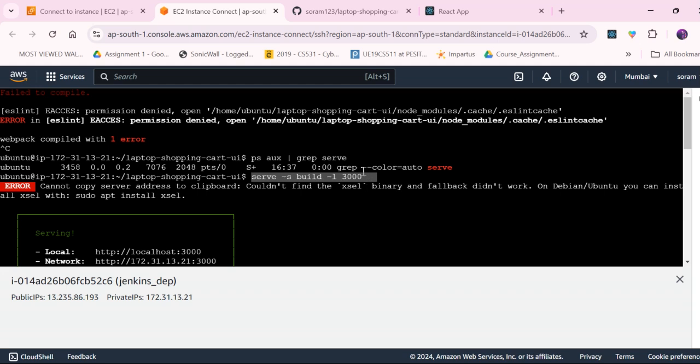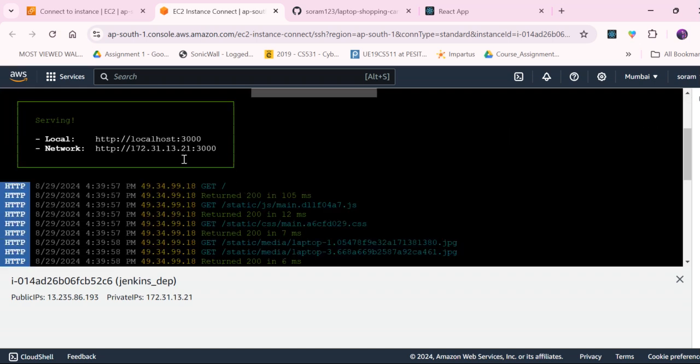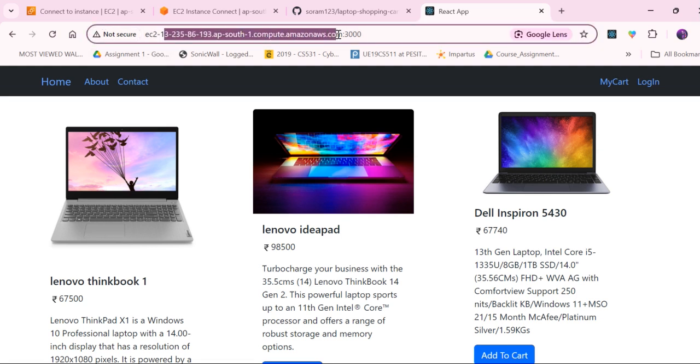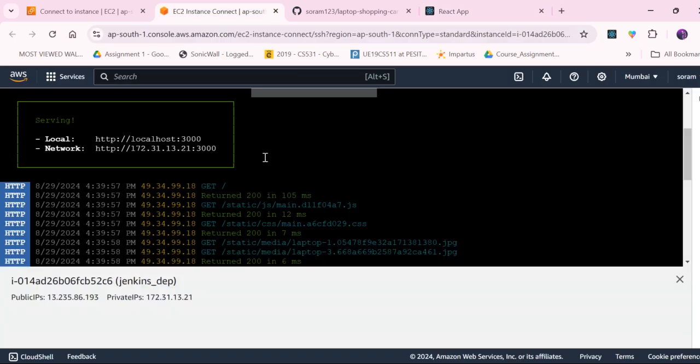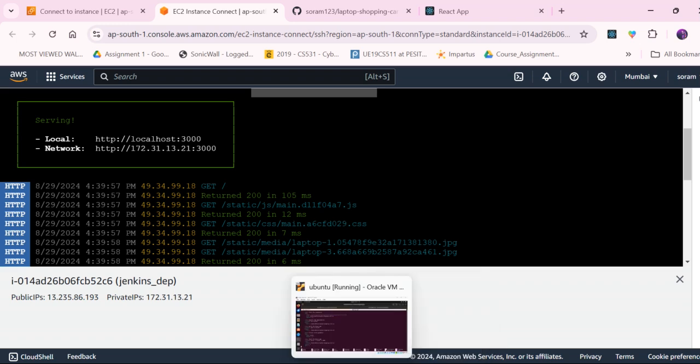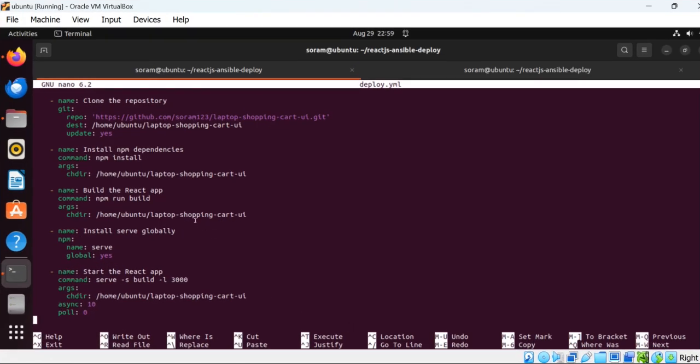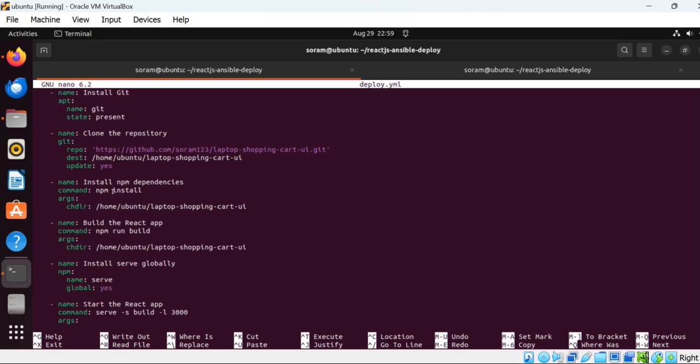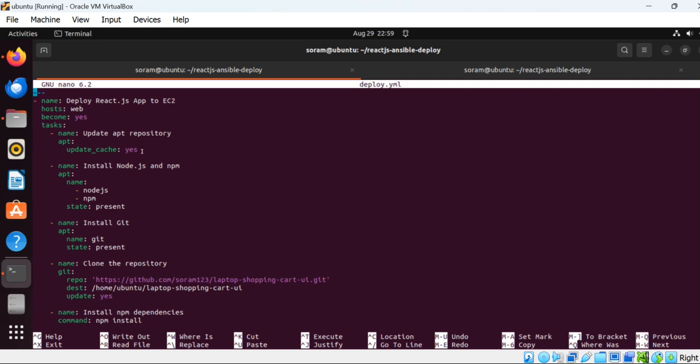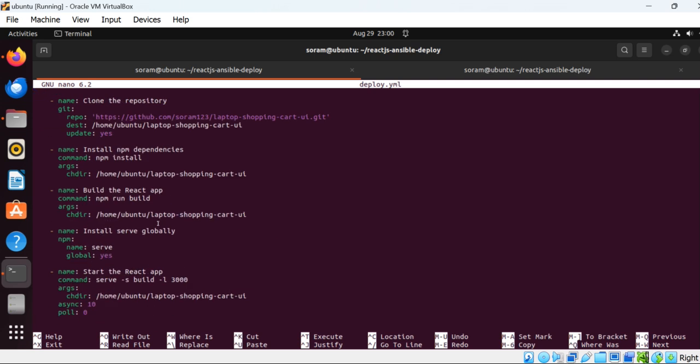Whatever port was inactive before, now it will get active and start running, and you can see it got started. So whenever I hit this port, this is the public IP, similar to this one, right? Whenever I hit this IP, now it will run my application. So that is the thing, and step by step, it will execute all the tasks. And this is our tasks. So we need the YML file. Whatever deployment part we write in YML,